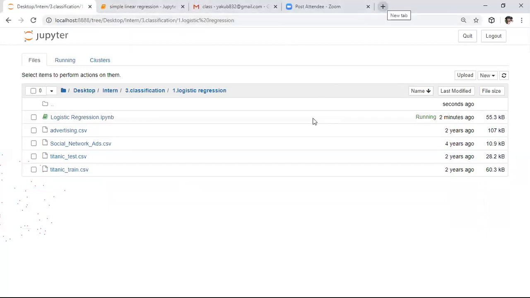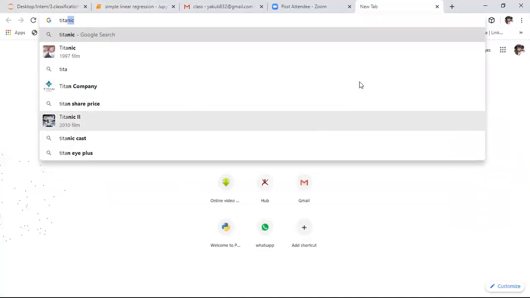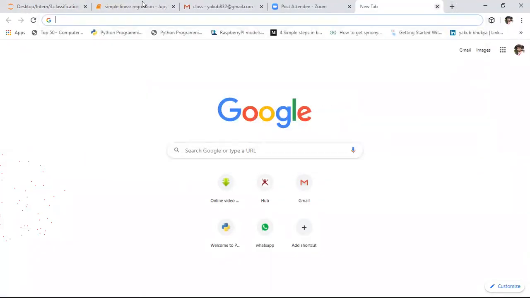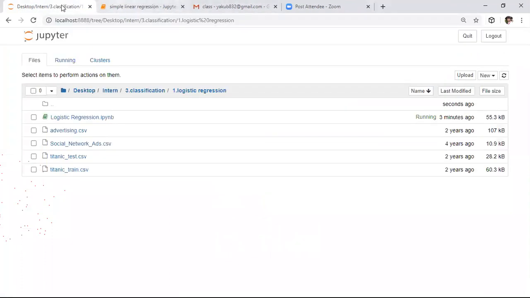In this folder, we need to create one more new file.